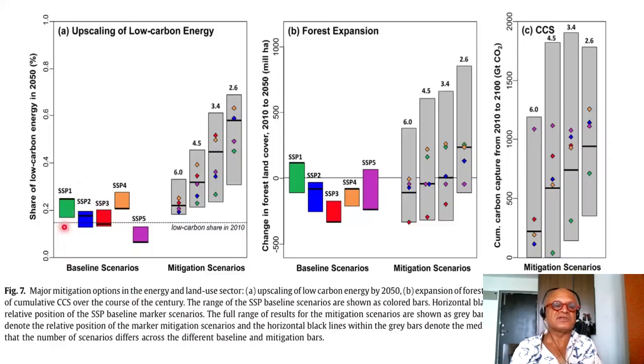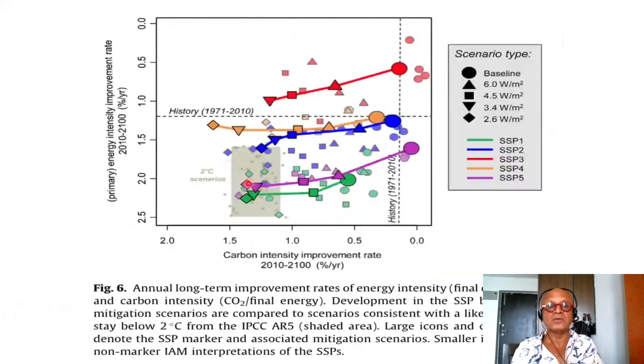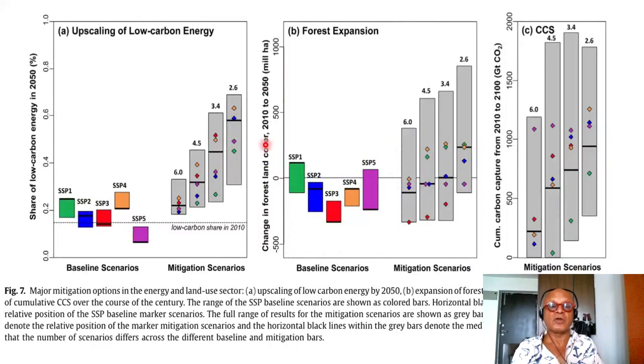Nonetheless, look at the various scenarios of how low carbon energy has to be scaled up by 2050. SSP 1 and SSP 4 are here. SSP 5 is down here because it's going to keep burning fossil fuels, as you remember. Mitigation scenarios, obviously 2.6 will require lots of mitigation to meet the targets we talked about here. If you go to RCP 6, the mitigation challenges are low. This is where we talk about mitigation versus adaptation challenges.